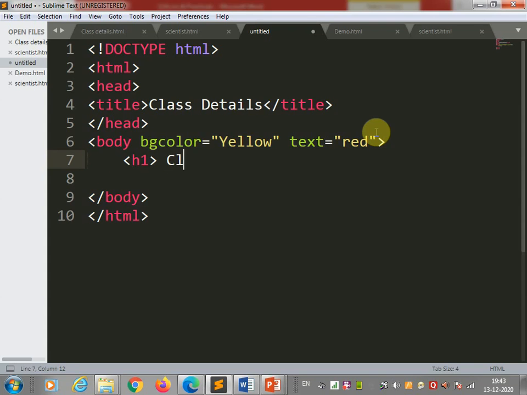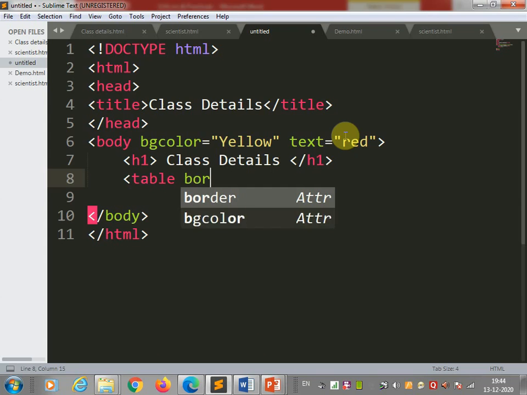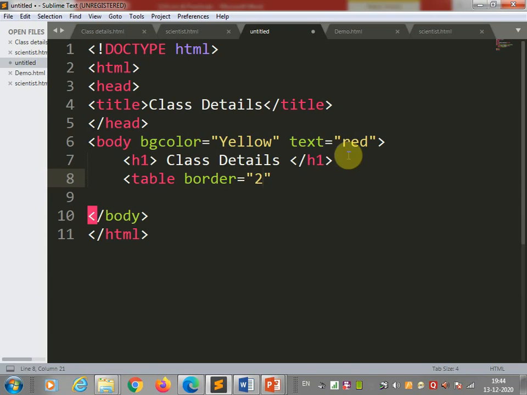Then use the h1 tag and give the web page title, class detail. Then start creating the table. So to create a table, the table tag. If you want a border on the table, use the border attribute and give a number to the border. So once you give the border to the table,